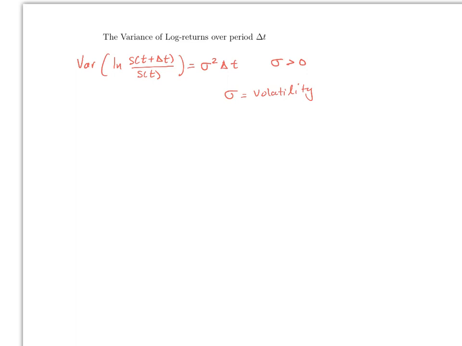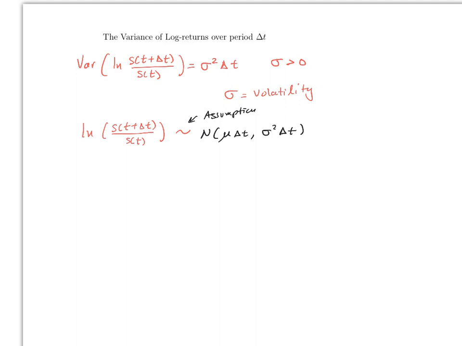So therefore, from this we can conclude that the log returns over a small time period of delta t, and so this is the assumption, okay, have a normal distribution where the mean is mu delta t and the variance is sigma squared delta t,